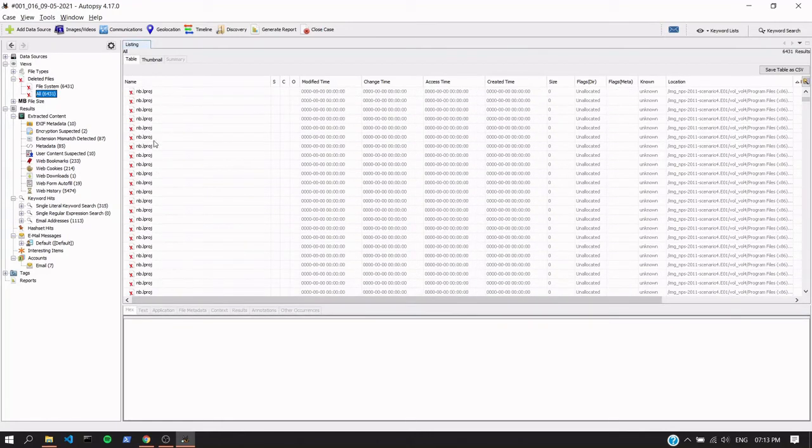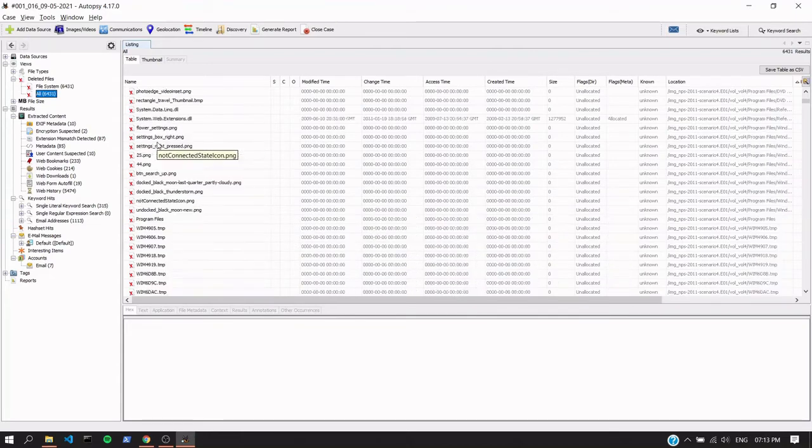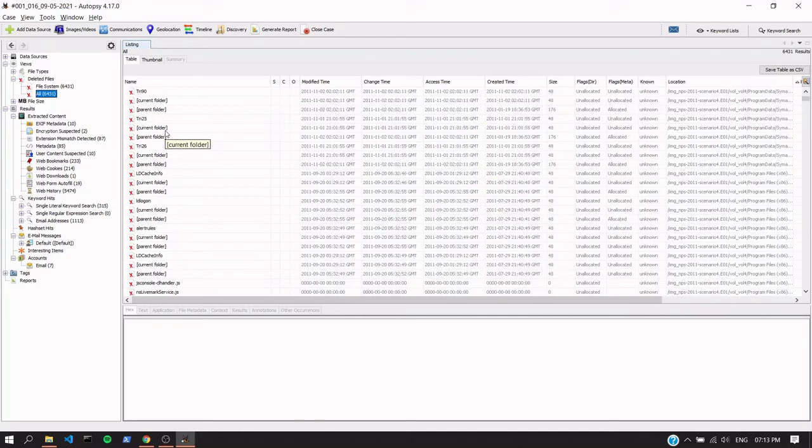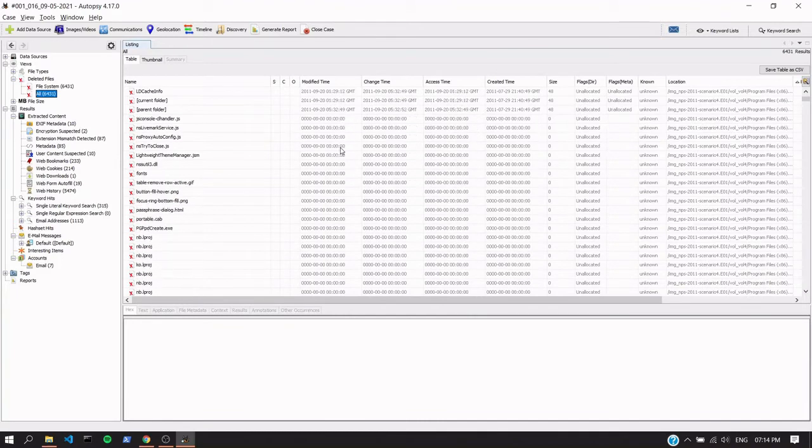Okay, so these are the files that were deleted. Here we might not be able to extract all these files, because it may happen that the data might not be there, just the entry is present, and also it may happen vice versa, that the data is there but the entry is not there. So we can't pull all the images. I think most we could.